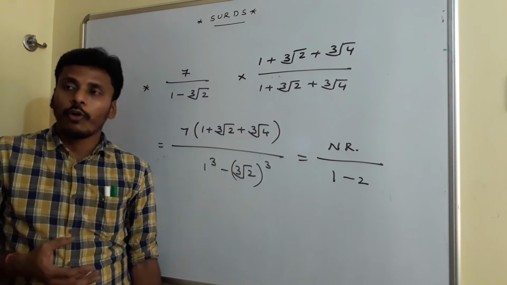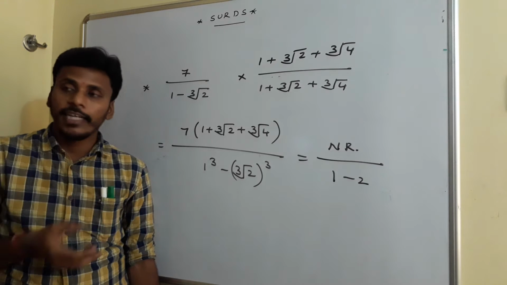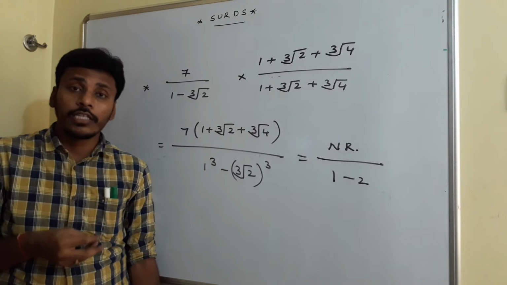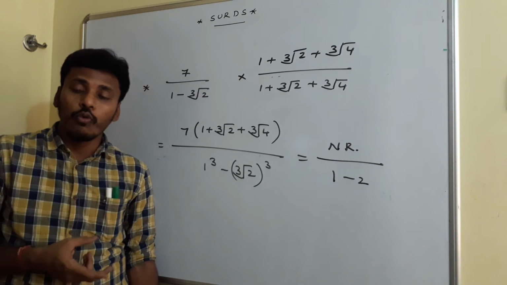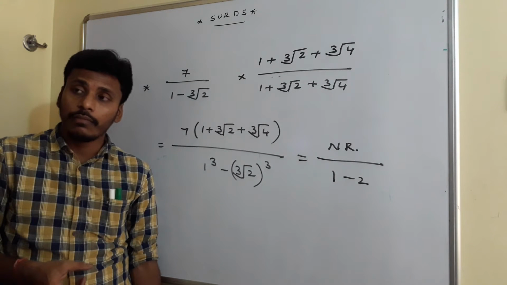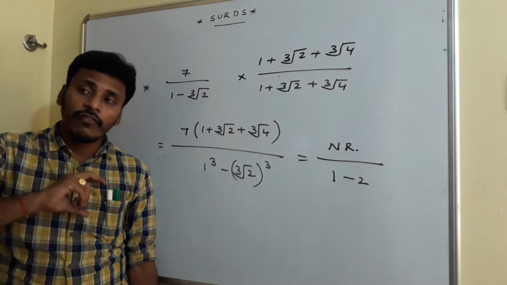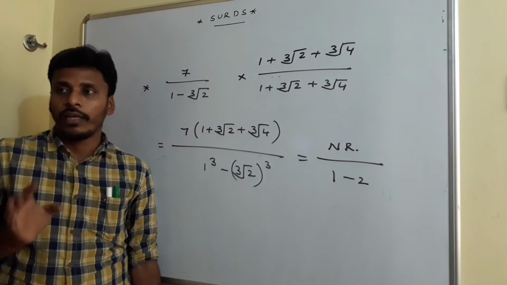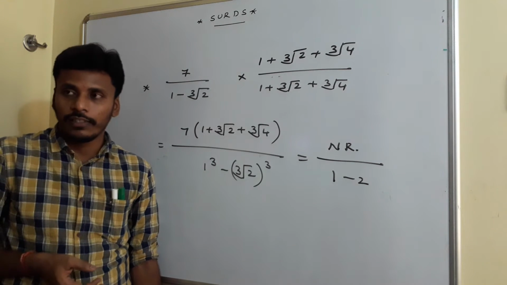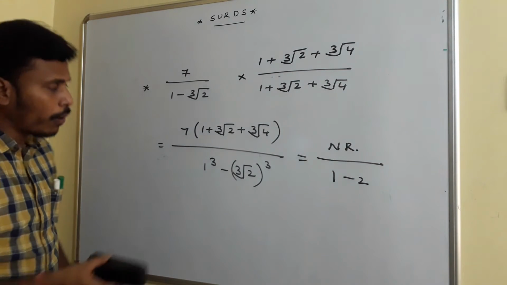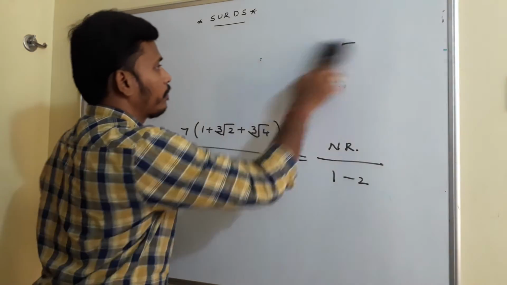then try to solve the problems related to rationalizing the denominators, and sometimes they may ask you to rationalize the numerators also. So if they ask you to make the numerator a rational number, you need to think about the rationalizing factor of the numerator and then simplify in a similar pattern, right? These are a few problems related to the rationalizing factors, and I will give you one more problem related to this. Just have a look here.